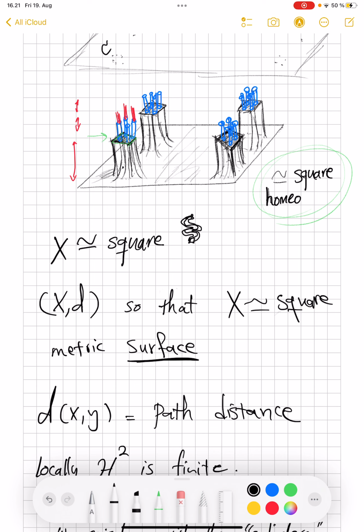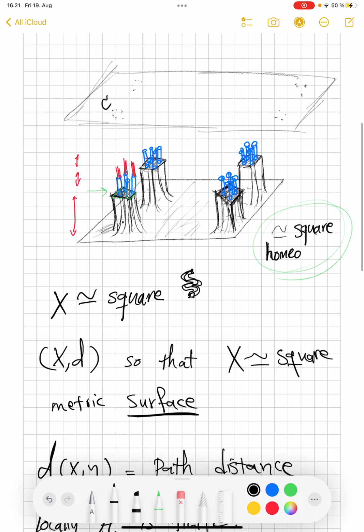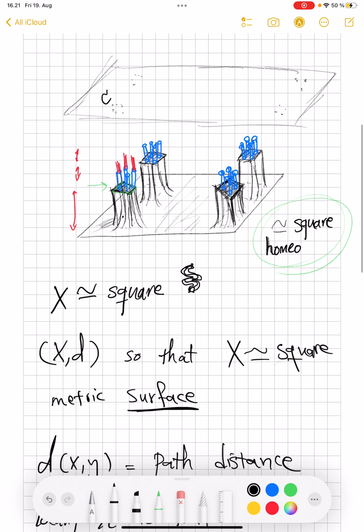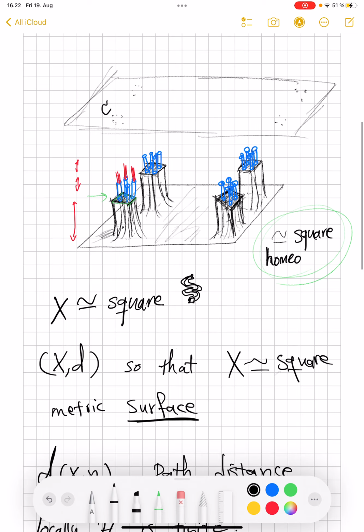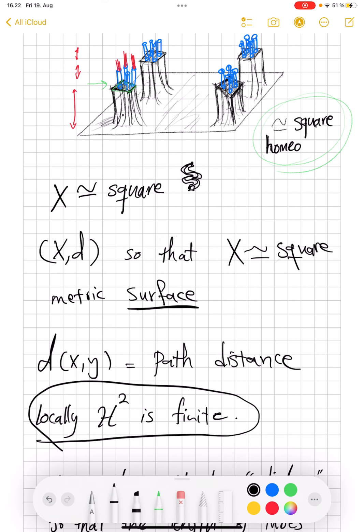An upper gradient is a real valued function which acts as if it was the modulus of the gradient of the function. But again, I don't want to get into the details of Sobolev functions on metric measure spaces, but just about around this space. Now, the last thing I want to mention was this H2 is locally finite, and we said